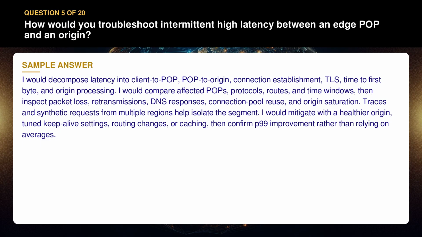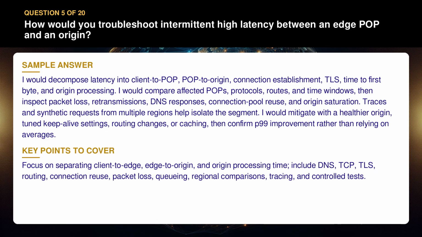reuse, and origin saturation. Traces and synthetic requests from multiple regions help isolate the segment. I would mitigate with a healthier origin, tuned keep alive settings, routing changes, or caching, then confirm P99 improvement rather than relying on averages. Focus on separating client to edge, edge to origin, and origin processing time, include DNS, TCP,